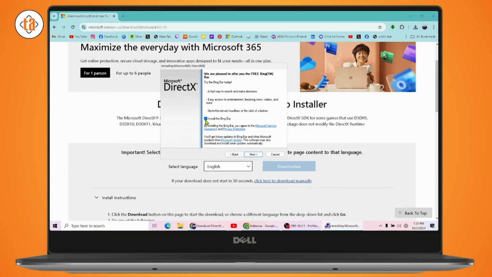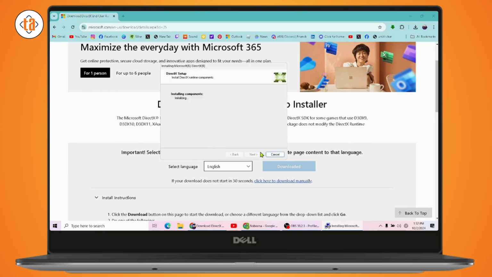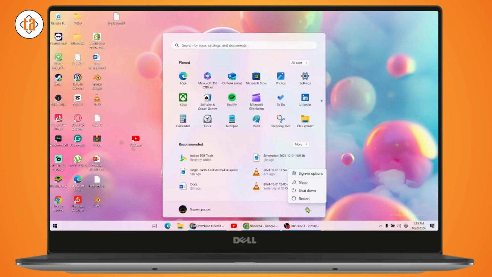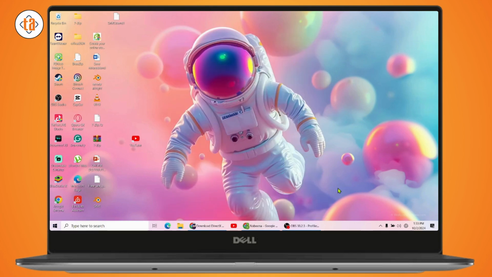And here click on install the Bing bar and then go with next, and it will start the installation process. Once it's installed, just go with the finish and you need to restart your computer. Once you've restarted, then your problem will be fixed. So that's it. That's how you can fix your